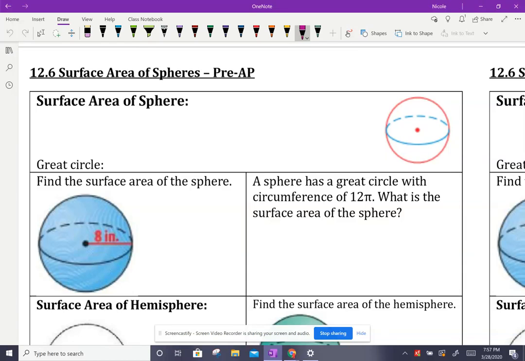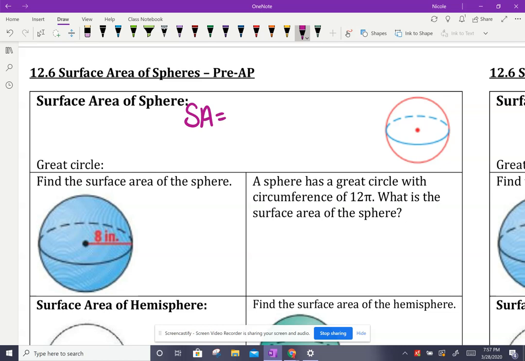All right, so now we are going to be talking about the surface area of a sphere. So think about a basketball, a volleyball, a baseball. These are all spheres. So if you're trying to paint it or wrap it in wrapping paper, how much of those materials would you need? How much area is covering the entire surface of that 3D shape of that ball? So surface area of a sphere